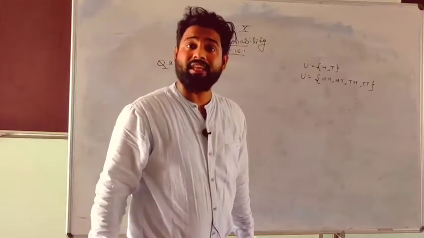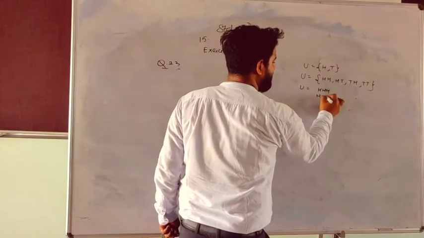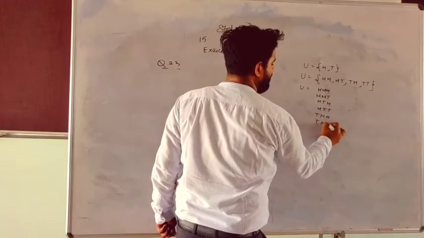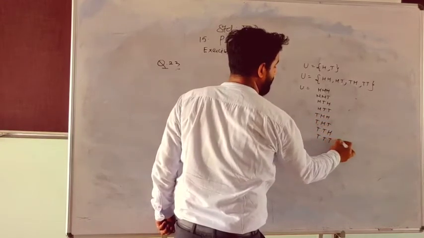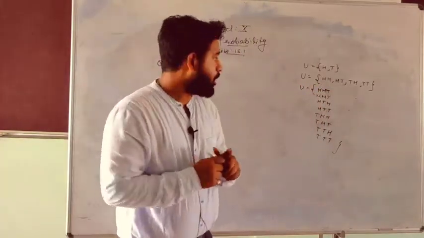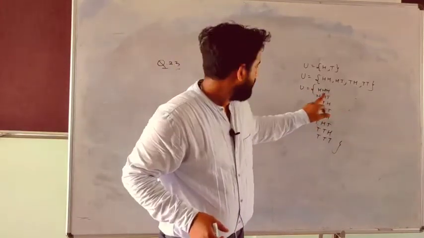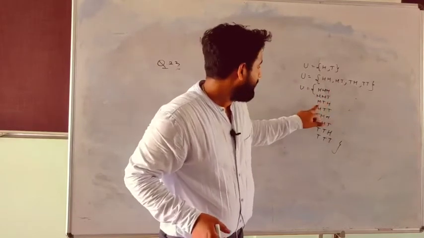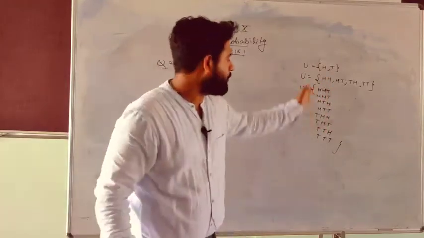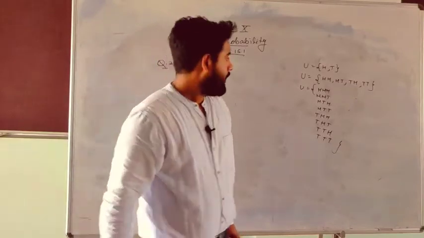Whenever you toss the coin 3 times, the answer is going to be HHH, HHT, HTH, HTT, THH, THT, TTH, and triple T. Now how to remember this? What is the logic behind it? If you toss a coin 3 times, in all 3 you can get a head. In first and second you get head, in third you can get tail. First head, second tail, third head. This kind of possibilities are there. So how many total possibilities can you have? If you toss a coin 3 times, you'll have 8 possibilities.